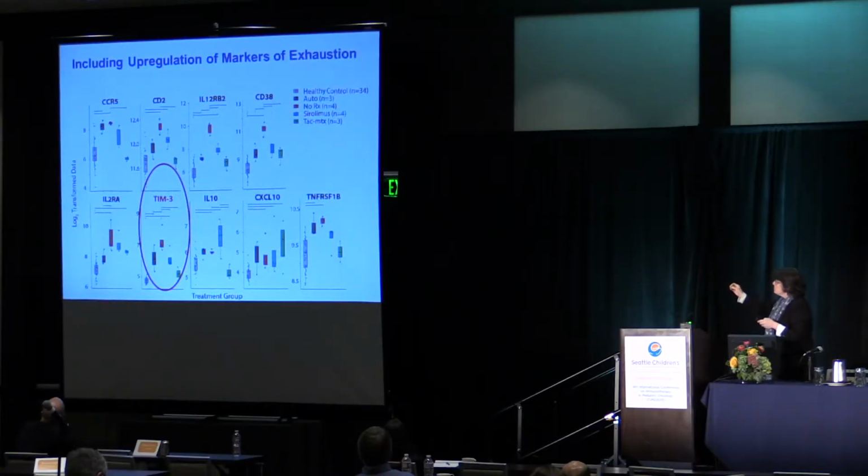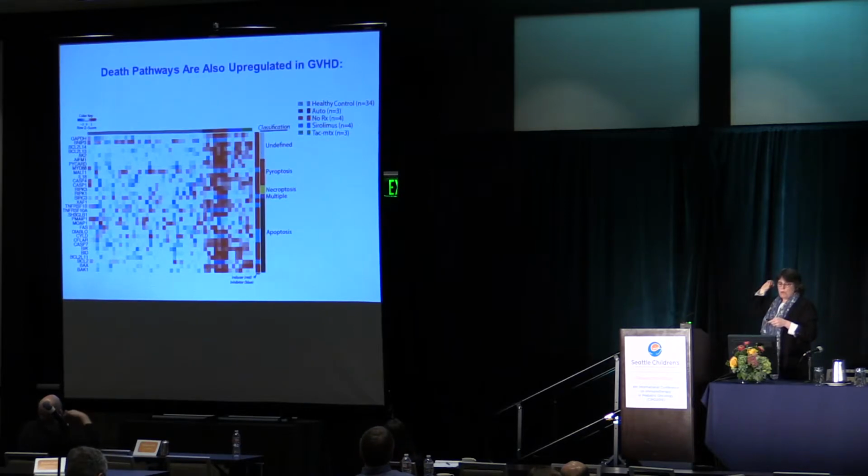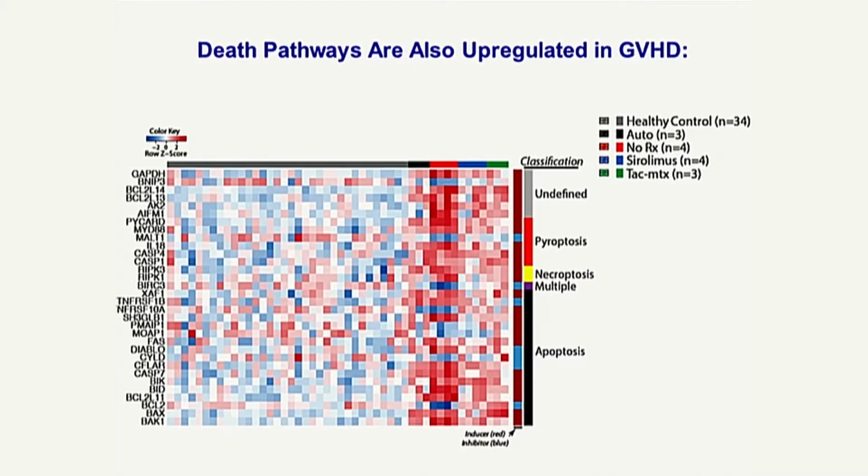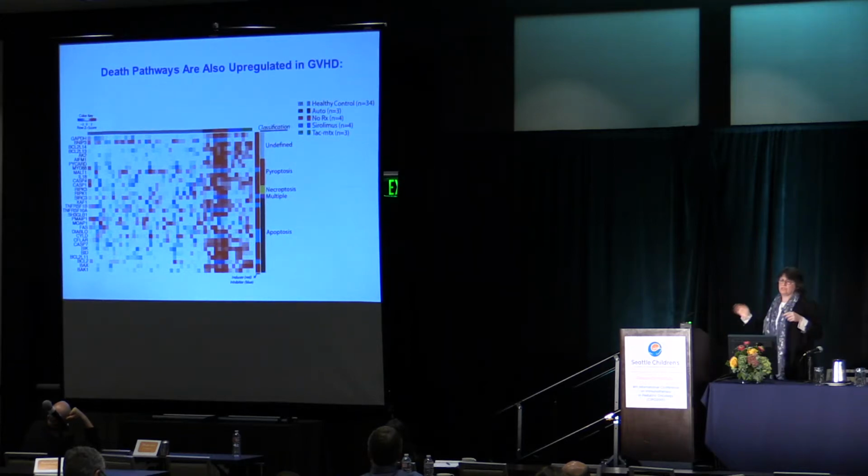So we think that there may be exhaustion accompanying Th1 skewing, but what we also found that was fascinating to me was a really strong cell death signature. So all of these cells, and we know that when T cells get activated, they die, and this is something that we really want to block with immune therapy. And what we were able to show is in these untreated animals, they had multiple death pathways that were upregulated, and the markers that we're seeing are really interesting, things that I had actually never thought of before, but not only